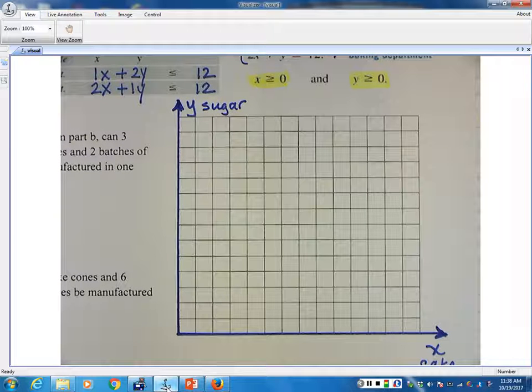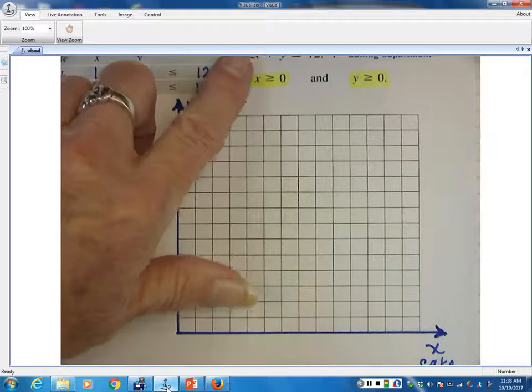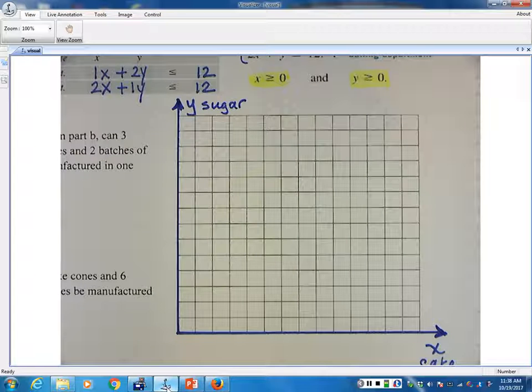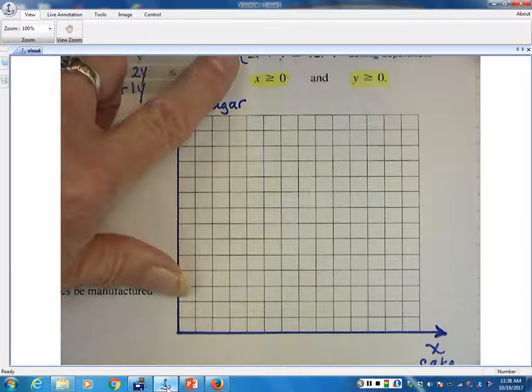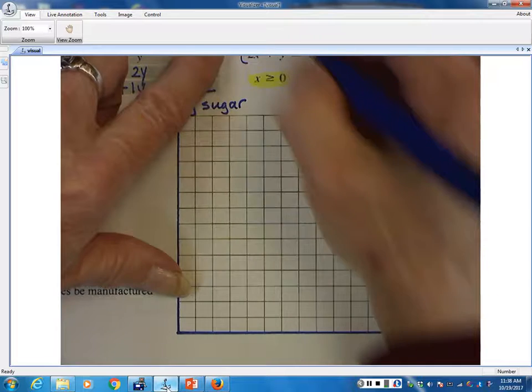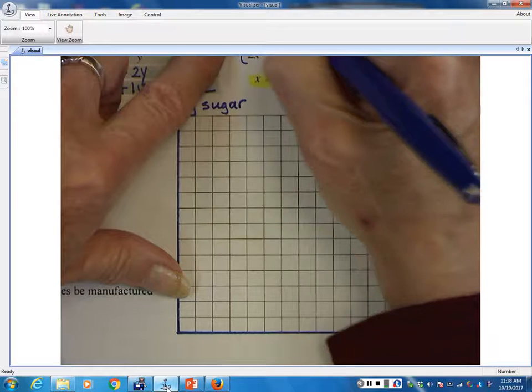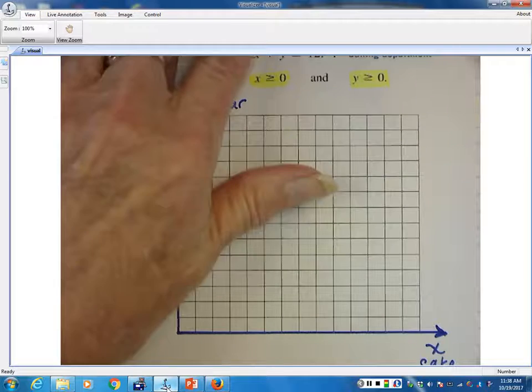So what we need to do is graph x plus 2y is equal to or less than 12. And I'm going to do it by finding the intercepts. If I let x be 0,